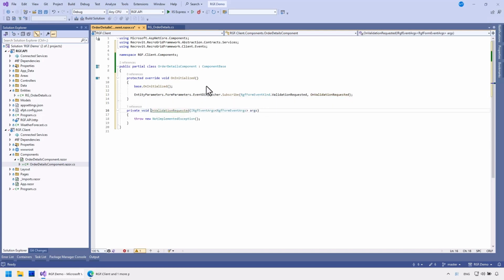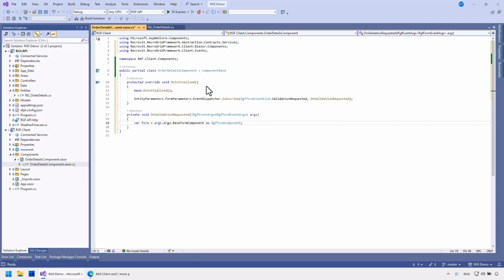For now, I don't need a synchronous operation. However, I do need the form component passed as a parameter, which is an RGF form component. I'll perform a check to ensure I have everything I need.